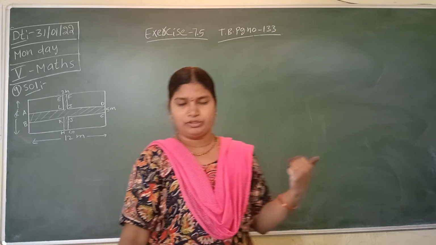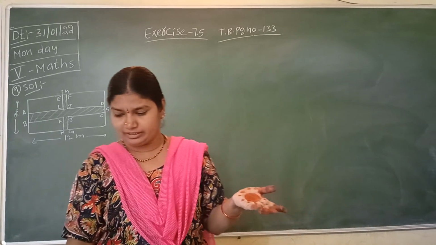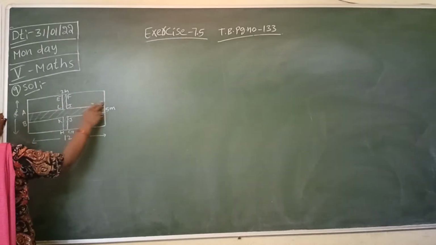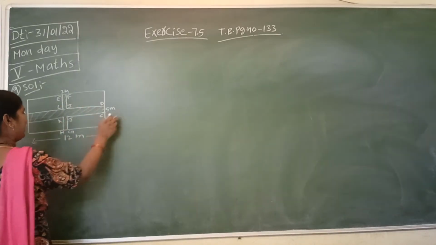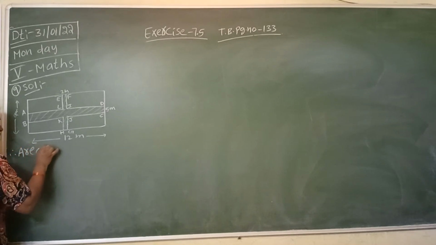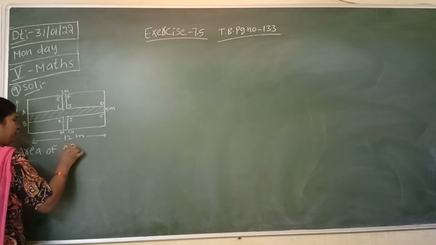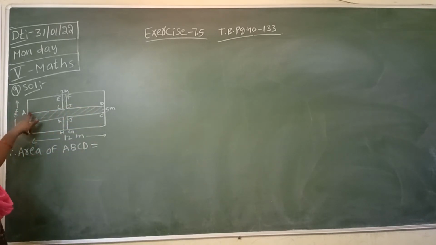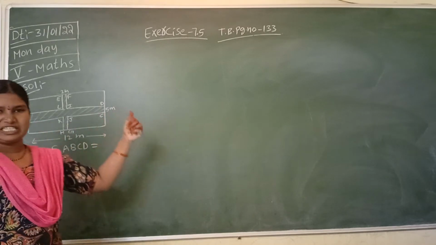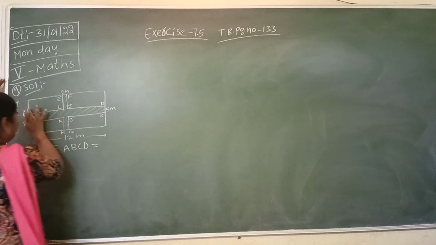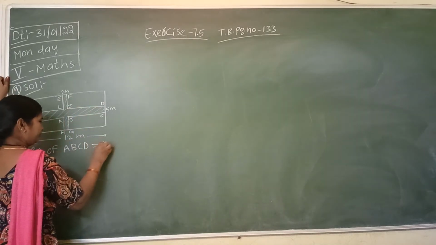Okay, already we know how to do so many problems. We have done this type of problem. You have to follow the same method. First of all, you have to find the area of ABCD. This one, like the sleeping line. Therefore, area of ABCD: you have to take AD into AB, one sleeping line and one standing line. AD into AB.